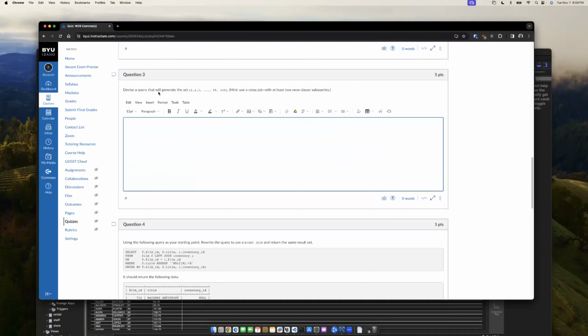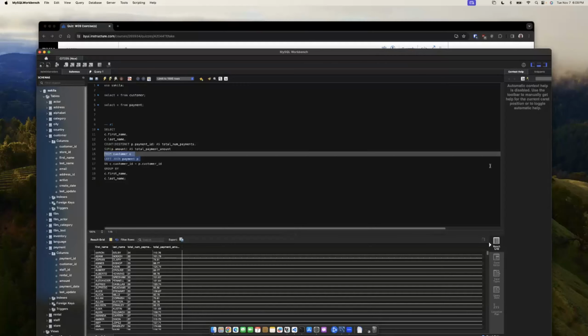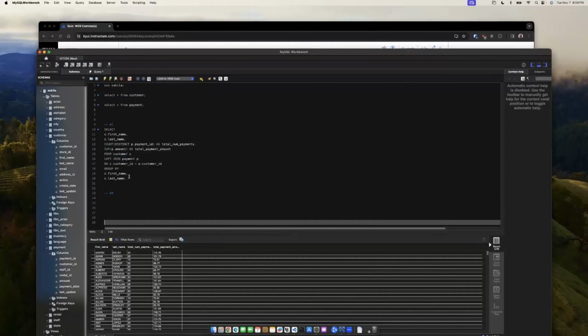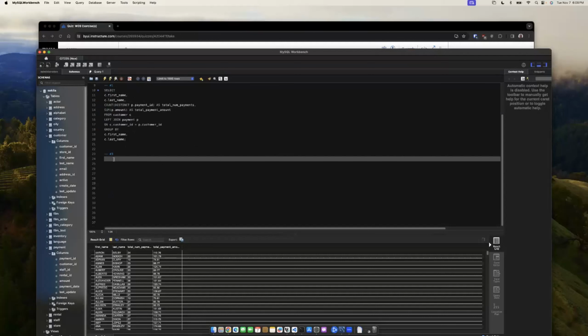So it says devise a query that will generate the result set 1 through 100. And it says hint, use a cross join with at least 2 from clause subqueries. So we're going to skip number 2. So let's do number 3. In this case, we want to just generate the numbers 1 through 100 by being clever, and we need at least 2